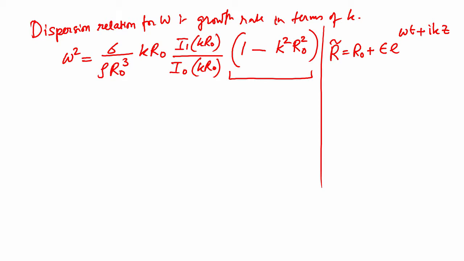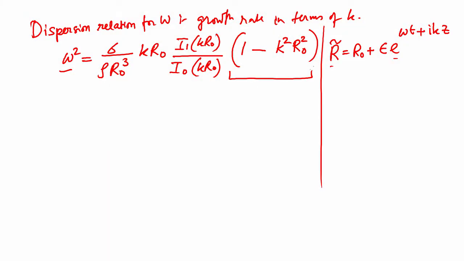So, if omega is positive, it means that the growth rate, if omega is positive, then this R will have an exponential behavior. So, it will continue to increase. Whereas, if this omega is negative, it will have a damped behavior, whereas it will be unstable if omega is complex. So, now you have a dispersion relation omega square is equal to given by this thing,